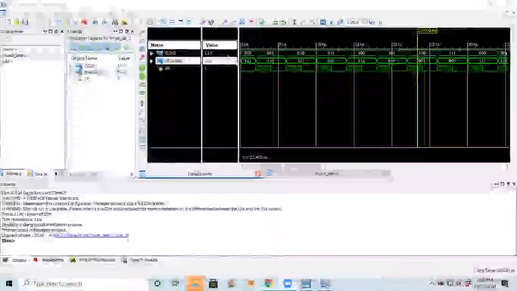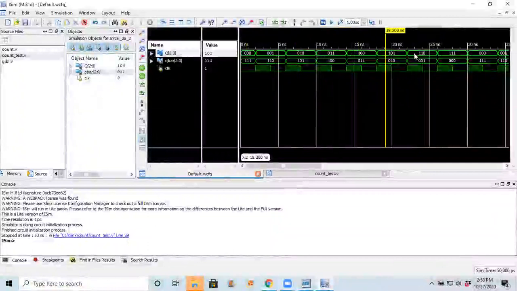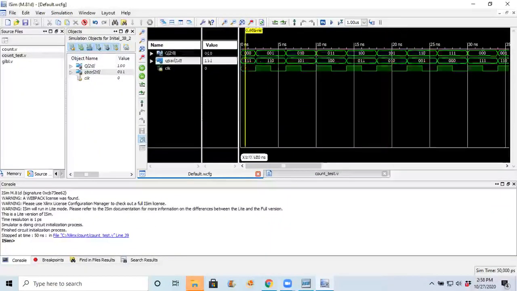If you can observe this waveform, Q is counting from 0, 1, 2, 3, 4, 5, 6 and 7. Q bar is 7, 6, 5, 4, 3, 2, 1. So Q is acting like an up counter and Q bar is acting like a down counter.